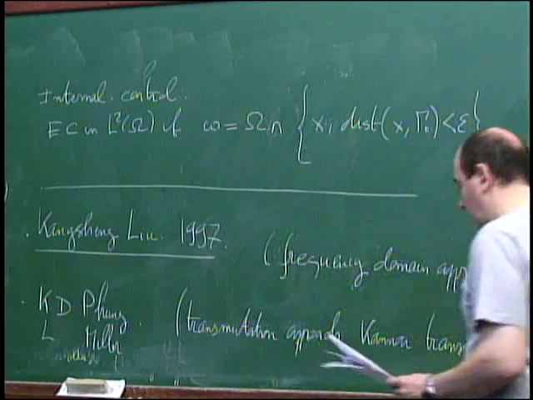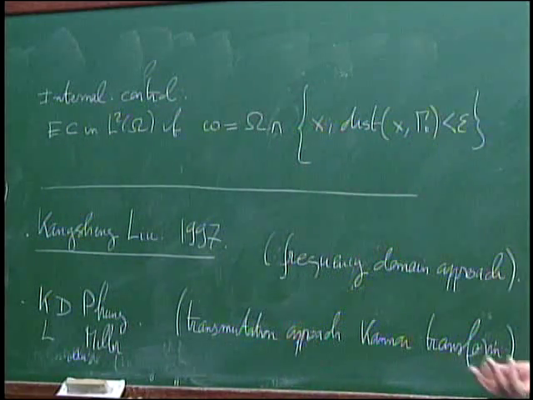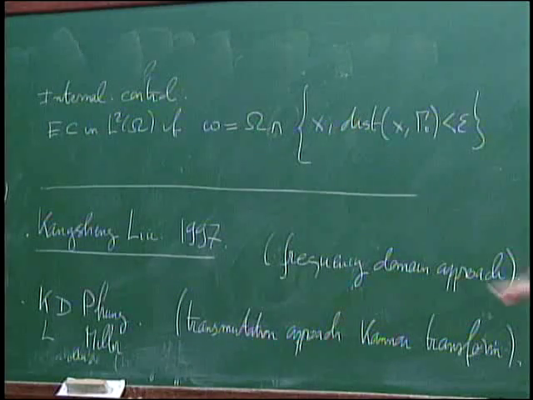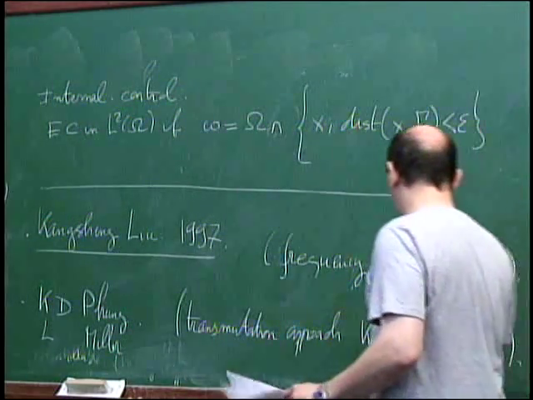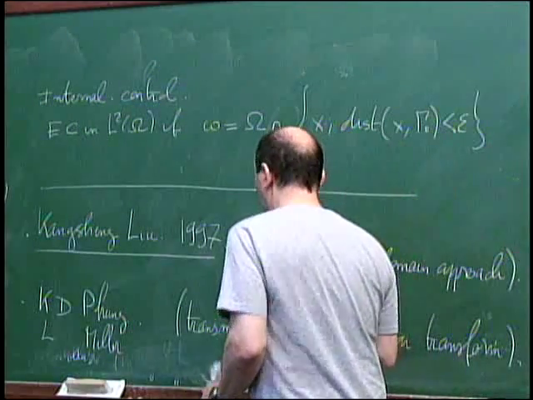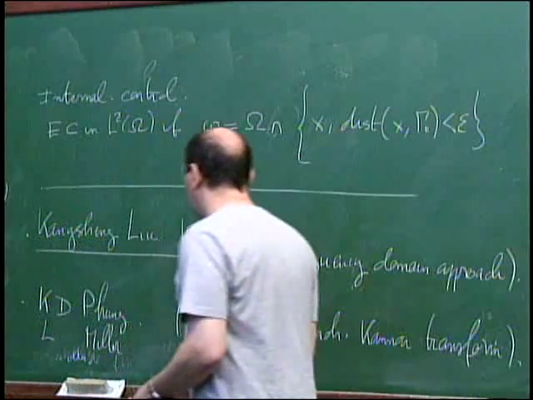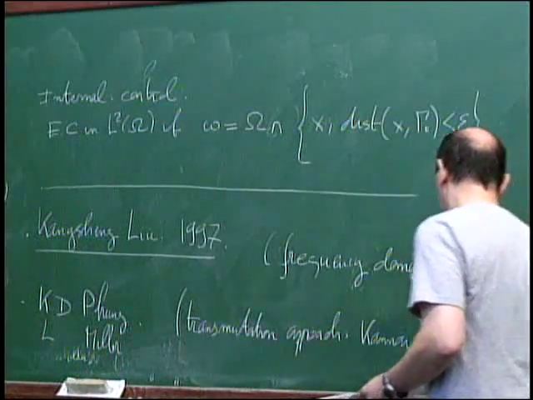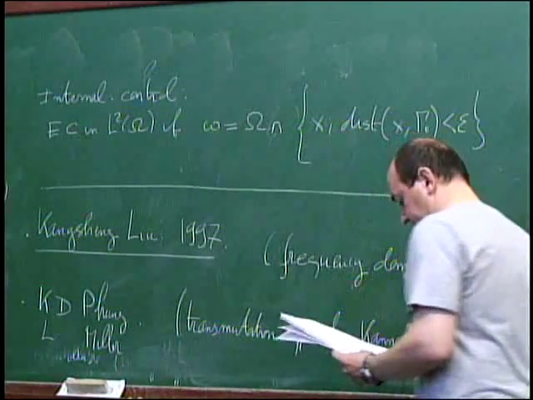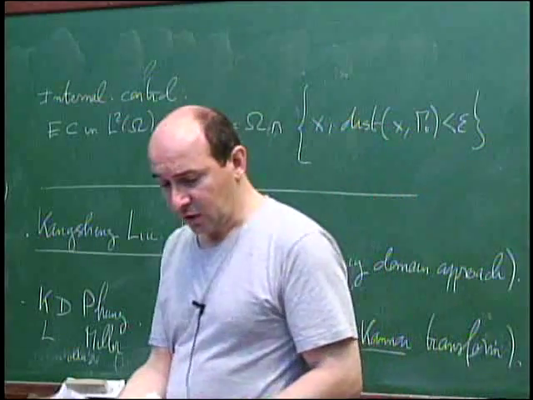This is an integral transformation that transforms a solution of the wave equation into a solution of the Schrödinger equation. And it turns out that it is well adapted to the control problem. So you can, in some sense, recover the result by Gilles Lebeau by using this direct approach. So it is quite nice for that.